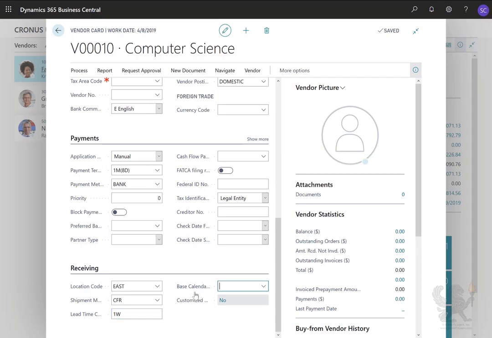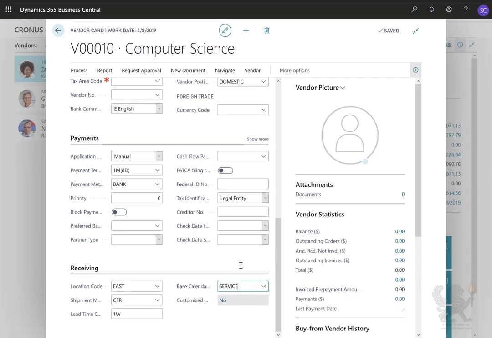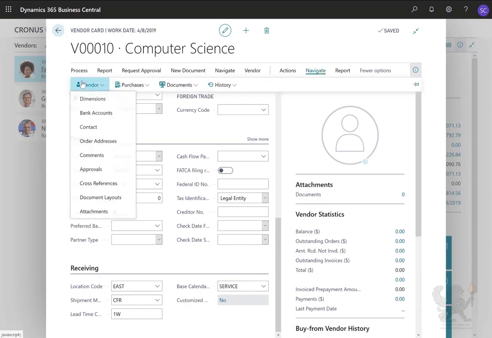Now, do we want to make the difference between working and non-working days? So if that's the case, I can click here on base calendar and I can assign a base calendar. More on these base calendars you can find in the learning path on selling items, in which we also discuss order promising. Then if I click on more options here at the top, and if I go to navigate vendor,